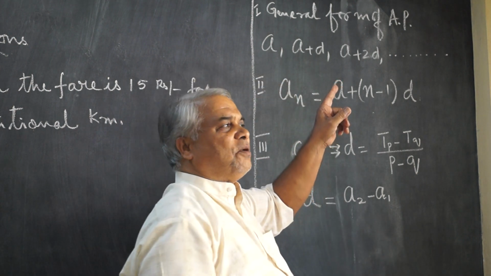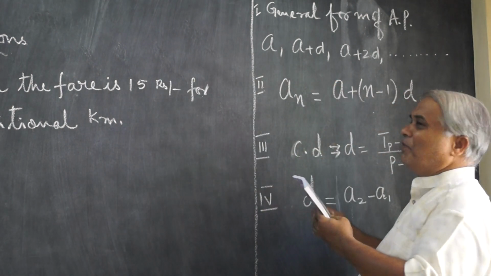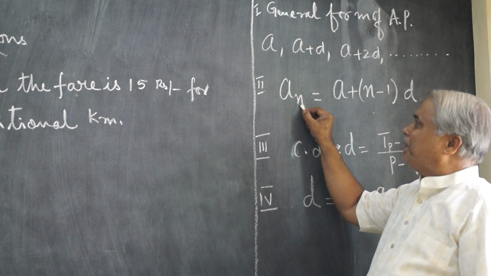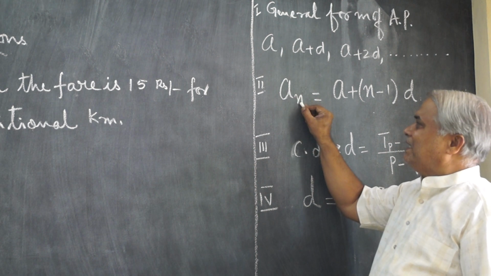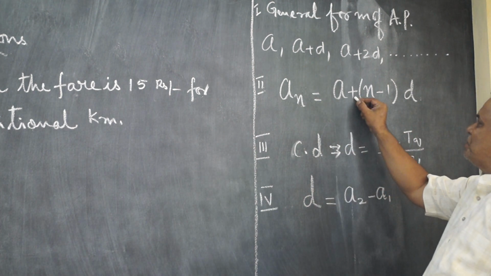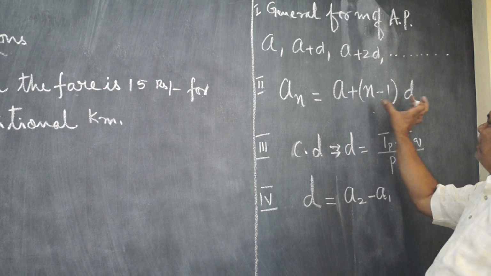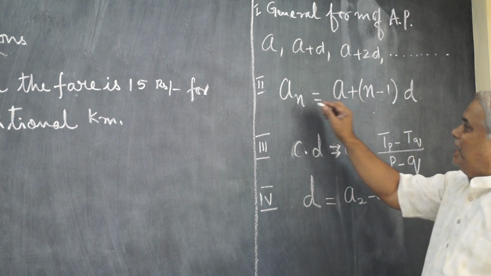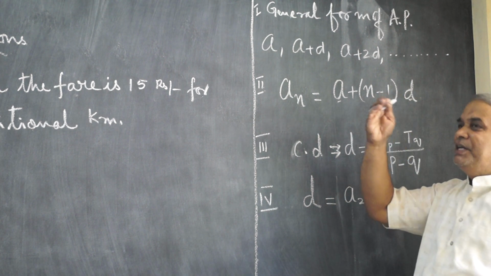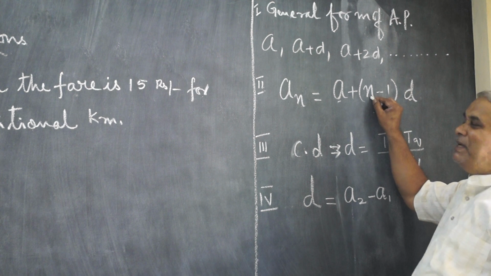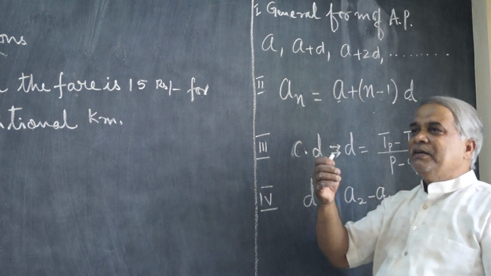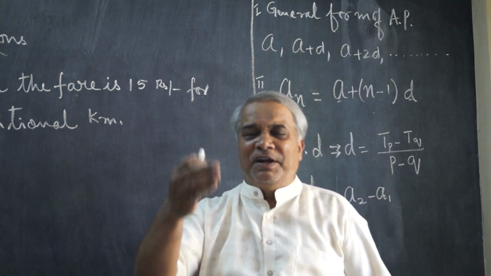So now we will go to the formula to find the nth term of arithmetic progression. An, this is subscript n, we should read that as An, that is nth term of AP, is given by A plus n minus 1 multiplied by the common difference. A means the first number, D means the common difference, and n means the number of terms. So in this way we can find the 100th term, 200, 500 or whatever it may be.